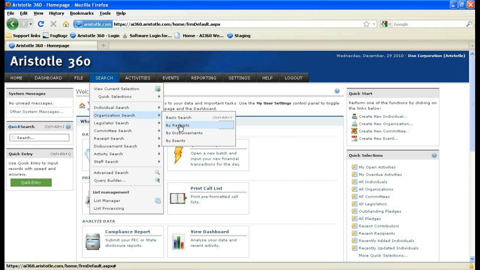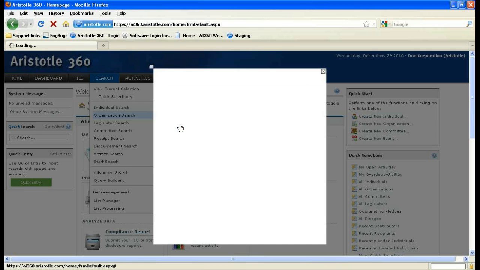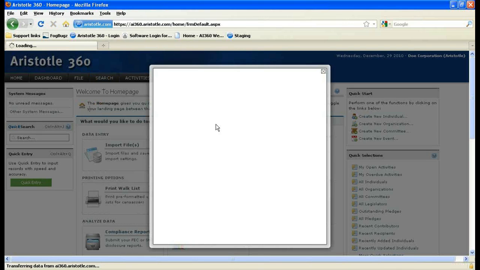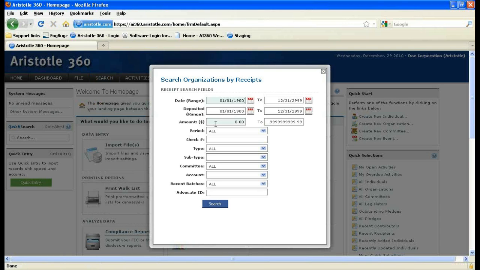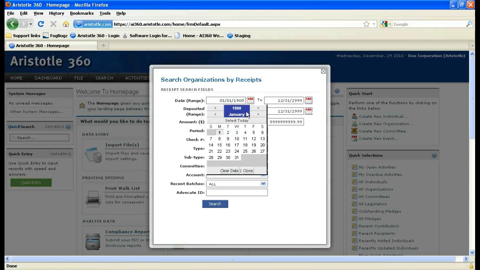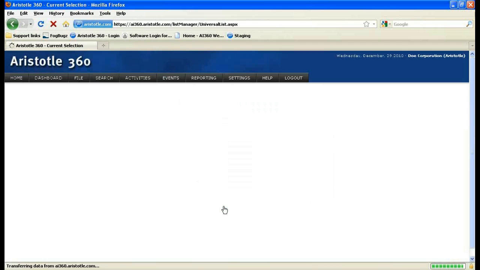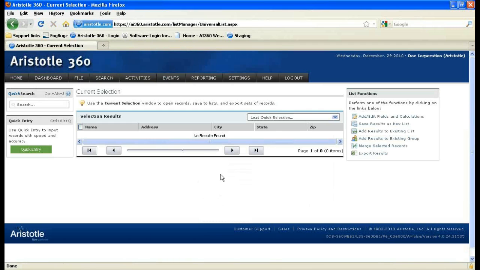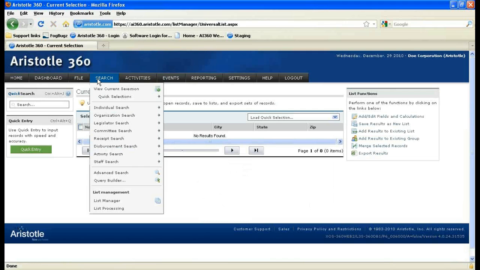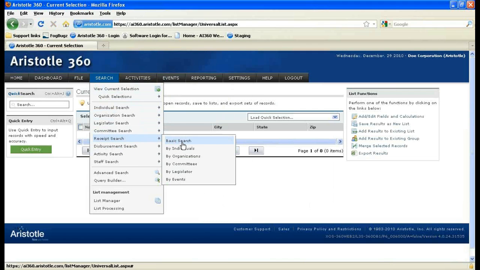If you do an individual search by receipt, you're still presented with a list of individuals. So if we were to search for entries within the last month, we'll be given a list of individuals who have disbursements or receipts within this range. I search by receipts. However, if we were to do a search for receipts,